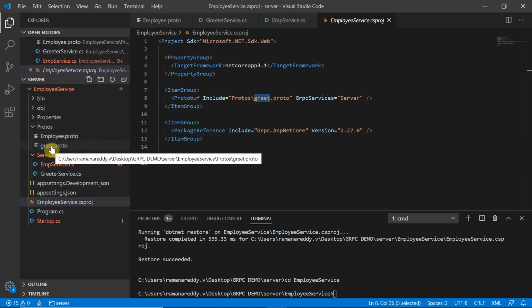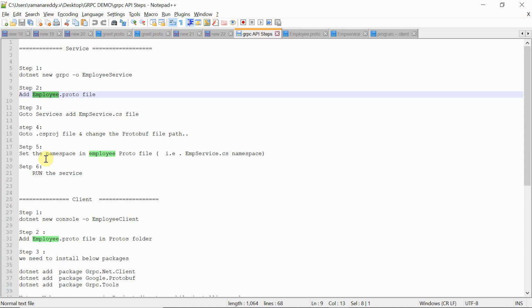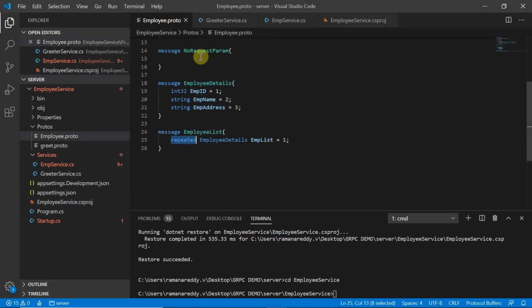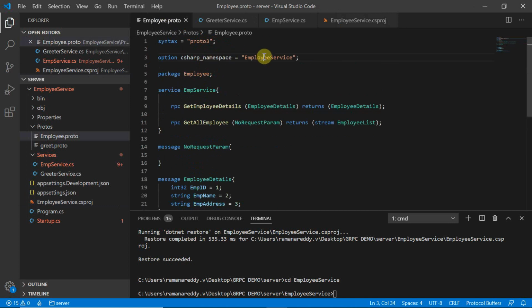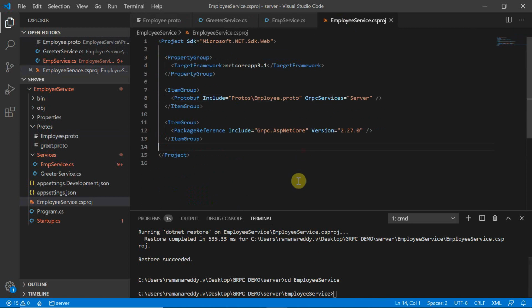We need to include the employee proto instead of greet. Set the namespace in the proto to employee service. I already added this, so my employee service namespace is EmployeeService. That's it, you can save.